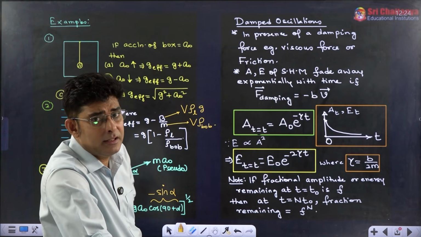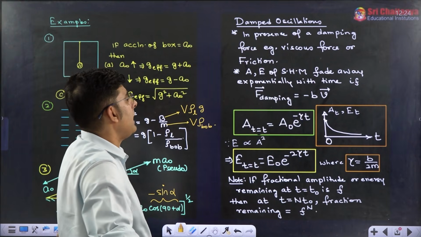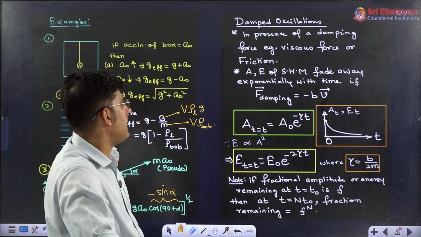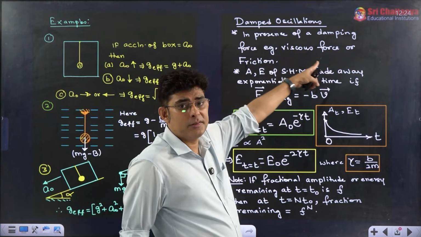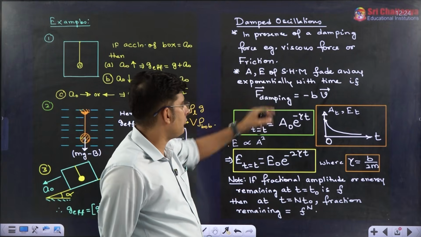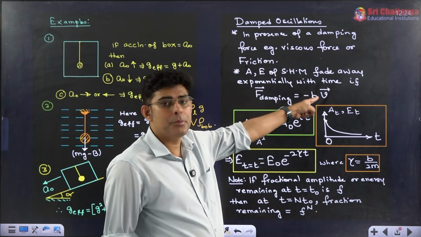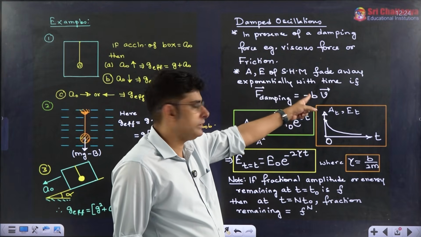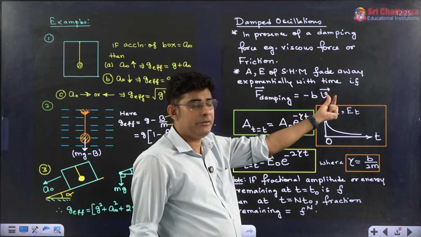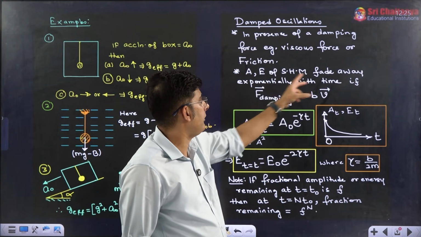Last concept of oscillations, which is damped oscillations. Damped oscillations means the oscillations are slowly fading away or dying. That means the amplitude and energy of the SHM will fade away exponentially with time because of the presence of some non-conservative force like viscous force or kinetic friction. If such a force is directly proportional to speed and opposite in direction, so the damping force is vectorially expressed as minus b v vector,